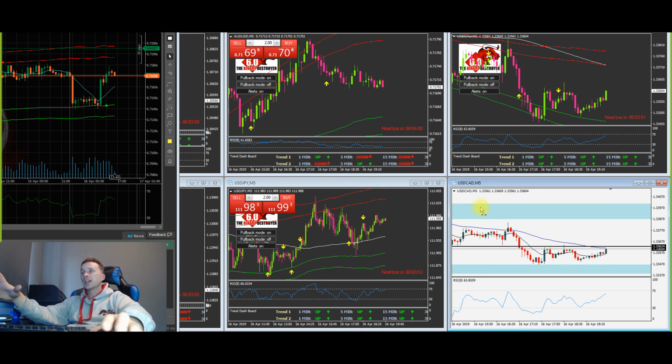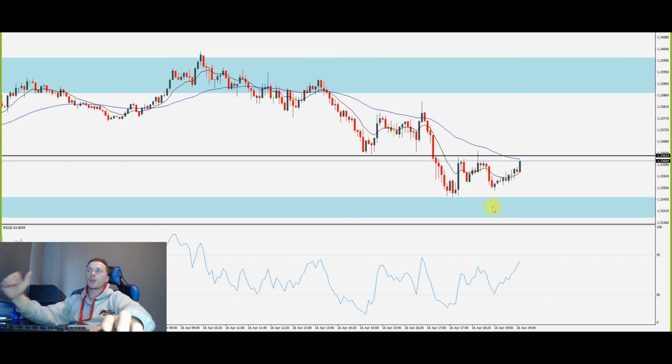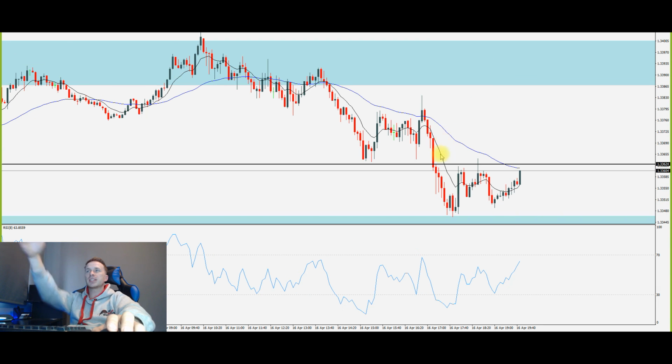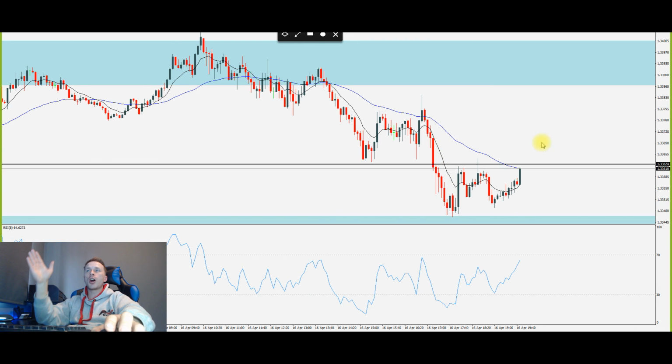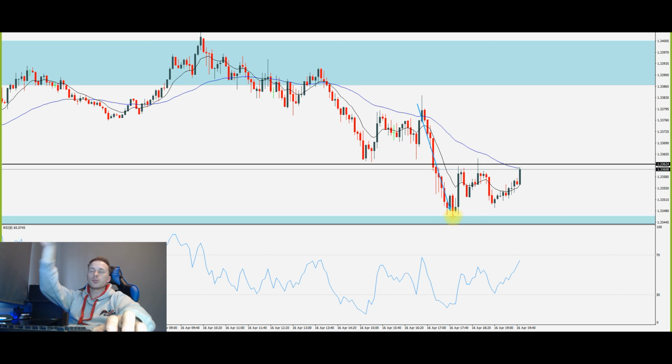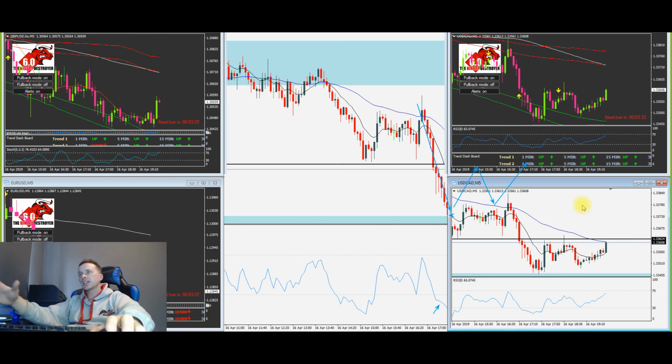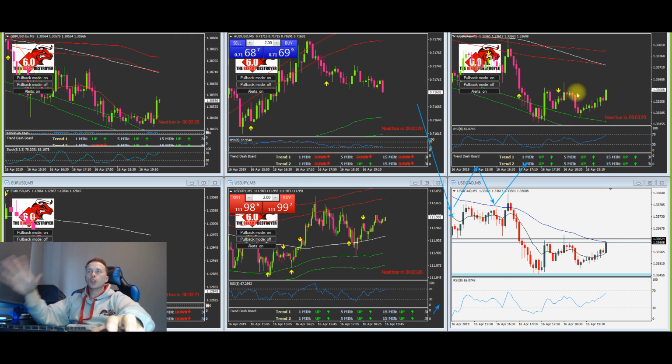As you can see, this would have hit my nice take profit, and as you look back now, can you see the lower high that it continues? You see the trend down. We had a bounce off a support line, which the RSI confirmed. We pulled back up, we created a higher low, and then obviously we continued up, and my take profit was about a few pips off being hit, but not to worry. As you can see, that's really what to look for when you're drawing support and resistance,